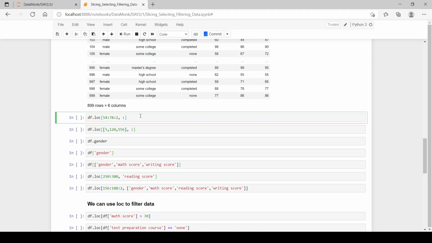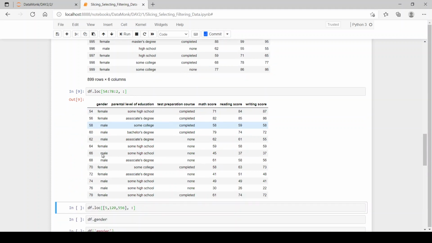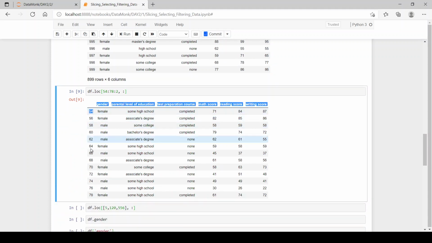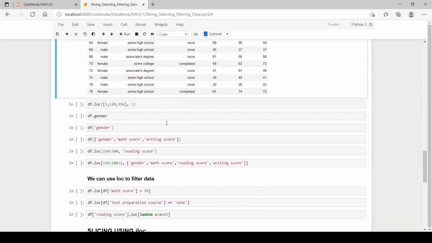Then if we have to increment and print our rows, we can use this function to print the rows from the 54th to the 78th index with an increment of 2 and having all columns in it. So the 54th to 78th rows are printed with an increment of 2, and each and every column is in it.